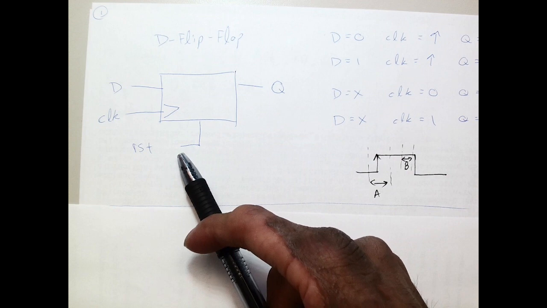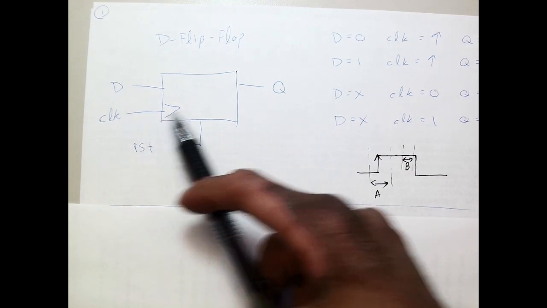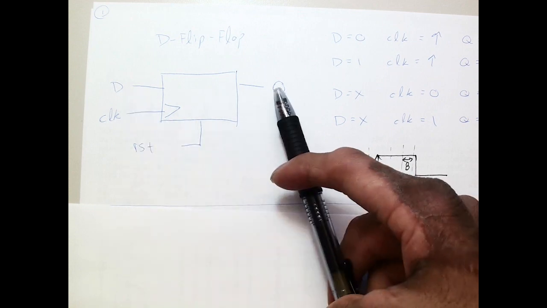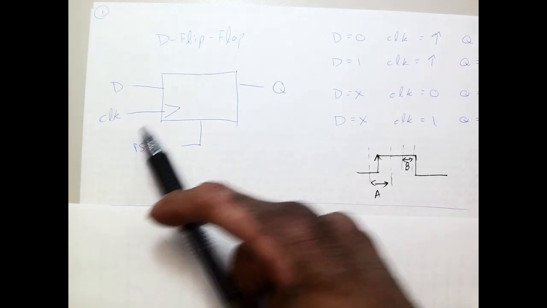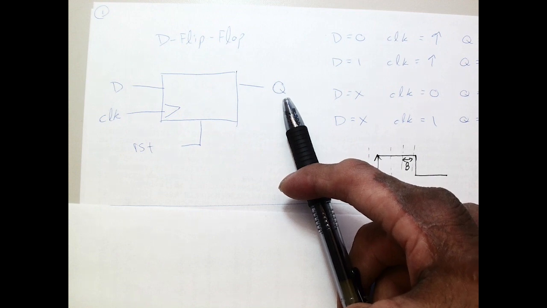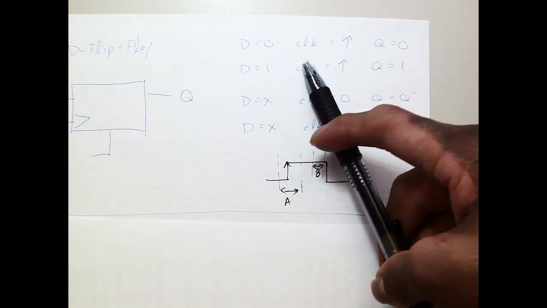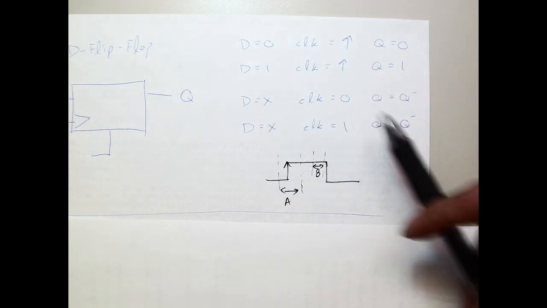Okay? And then let's say my reset goes back to 0. Now on every rising edge of clock, whatever my data is, D can be 0 or 1, that gets transferred into my Q output. And if my clock is 0, then whatever my data is does not matter. Q remembers its previous value. So if you were to write a truth table, also called a state table, of what a positive edge-triggered D flip-flop might look like,